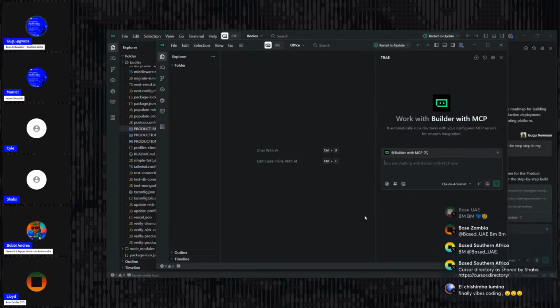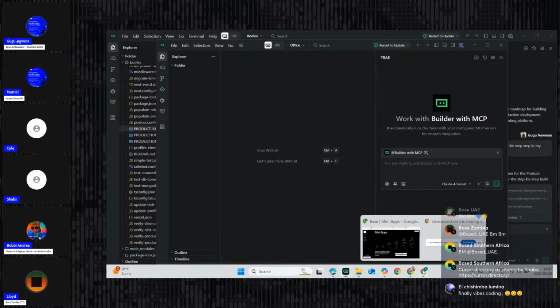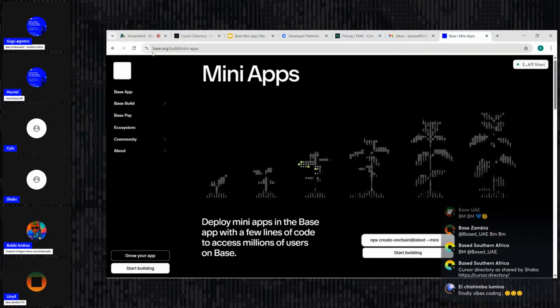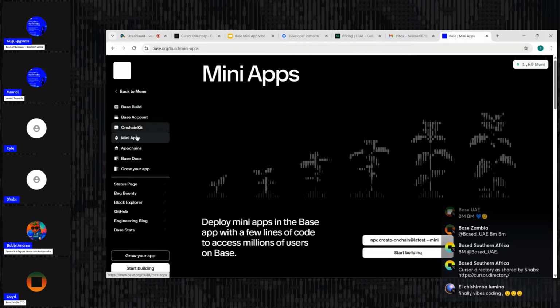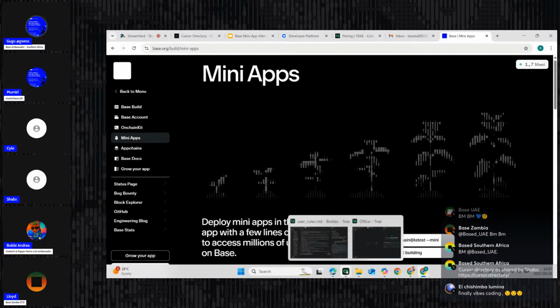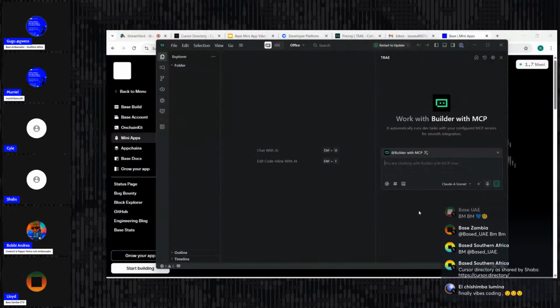You've set up your tray, you've set up your Coinbase developer account. Then you go to base docs, base.org, build, and then you select mini app. So you click build, then you click on mini apps, and there's this one line of code. That's how you install the templates, the dependencies, and all that kind of stuff from Base. This installation sets up a template to be able to build a mini app. So we're going to use that template and then turn it into whatever app I want to build.